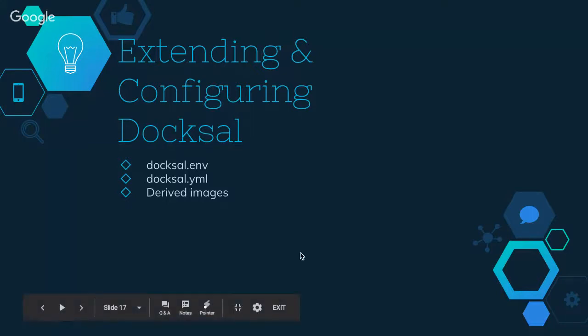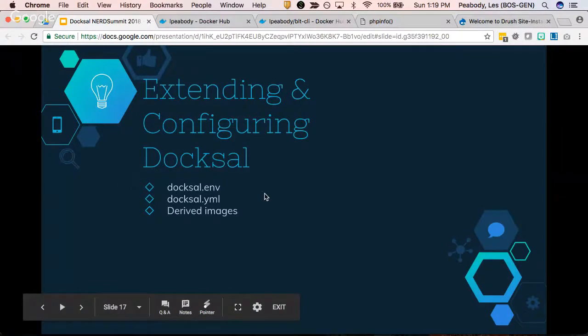And if you need to change anything, then you want to create a derived image. If you want to add additional command line tools to your project, you need to do that by extending the CLI image, the CLI service. You need to add to it. So approach it from an object-oriented perspective, where you have an inherited system. And Docker ships with that, so it's an ideal working solution. All right,